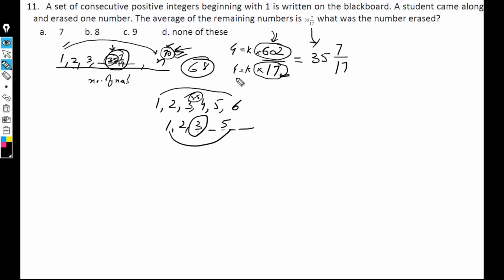So it means after removing one number, the number of numbers remaining was 68. So earlier you must have written all the numbers up to 69, because when you erase one number, the count left over is 68. So earlier the number of numbers written was 69, because it is starting from 1, the last number has to be 69. So if I compute their sum, it comes out to be,